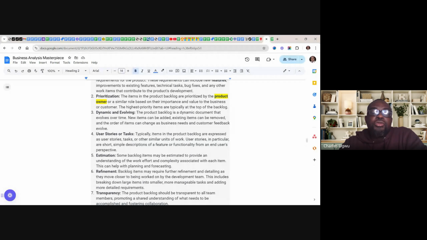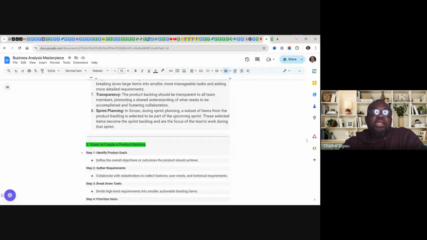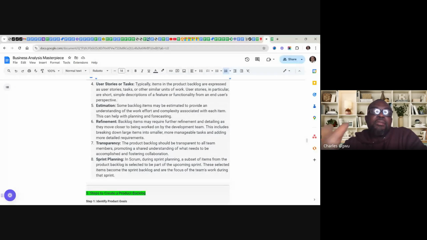It must be continuously refined. We have user story refining sessions. At least when the project starts, the team needs to make time to refine their product backlog at least once every week. And transparency means that everybody in that team must have access to those